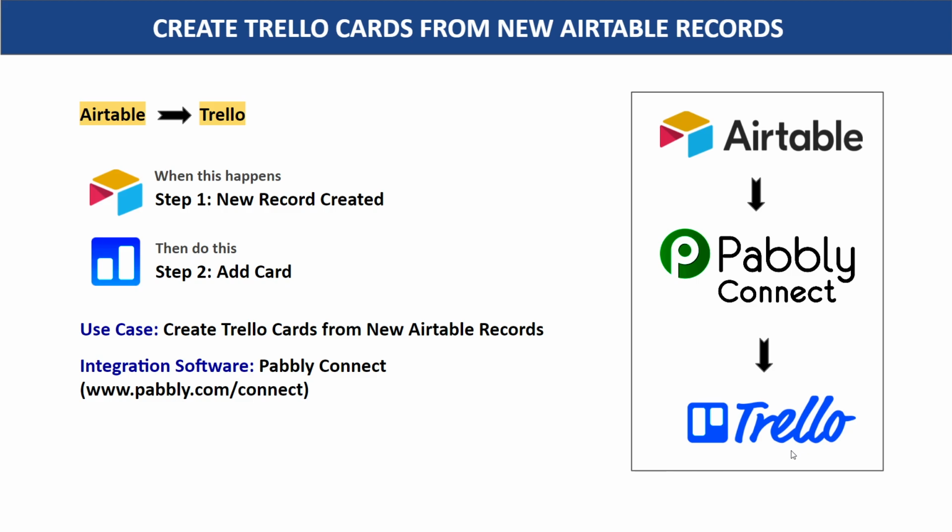So here you have two choices. First choice is copy all the details of the data of the product from Airtable, sort it out, and manually create a card in Trello. Now the problem with this approach is it's actually very repetitive and tiresome. So here I would suggest that you bring in some automation so that whenever a new record is created in Airtable, automatically create a card in Trello.